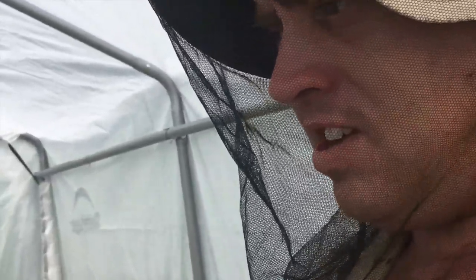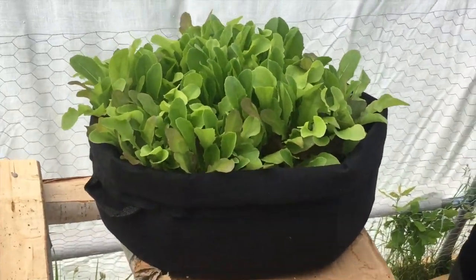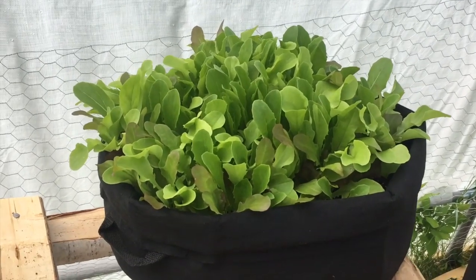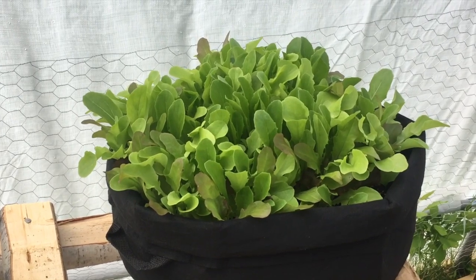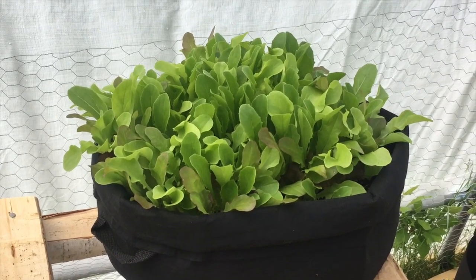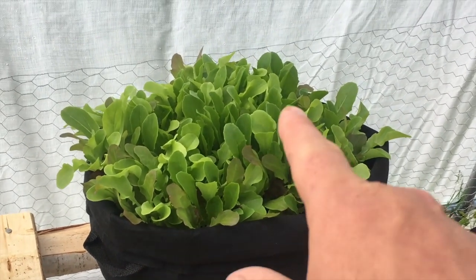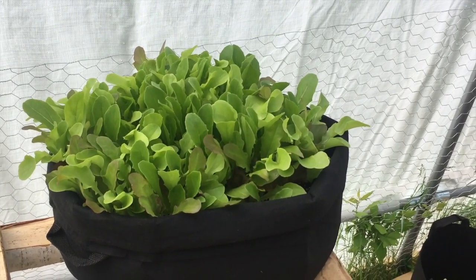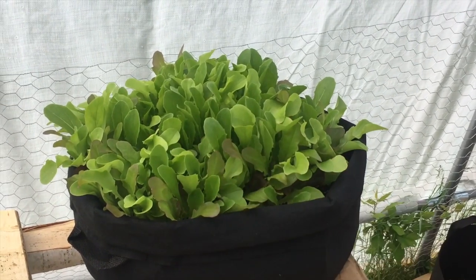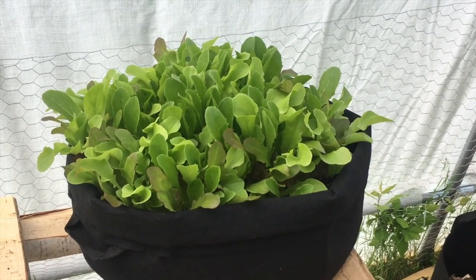Just in here, watering things up, and look at this stuff right here. Look at that. That's the salad bowl right there. There's more than a salad bowl full. I had lettuce up until today. So today will be the first salad out of the greenhouse. There's plenty there. Just take all the biggest leaves off as many as you can and keep doing that in the middle. We should be able to have a little salad every day for the next like 2 weeks,